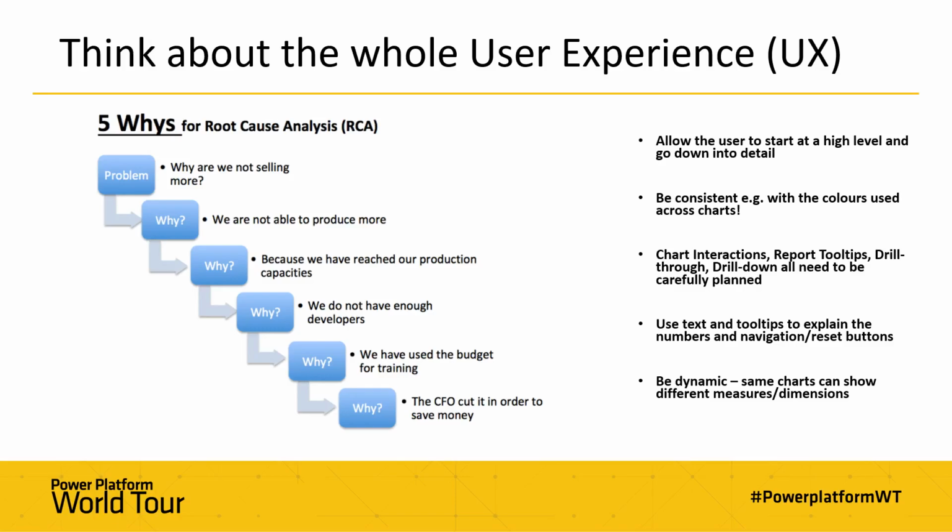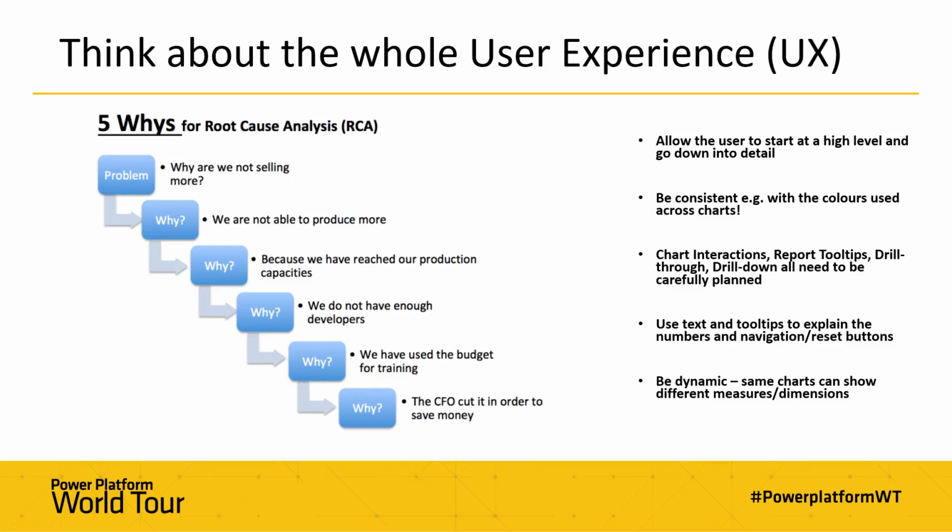So the 5 whys is a root cause analysis technique that's used in Lean and Six Sigma for identifying the root cause of problems. It's also used by kids across the world when they keep asking why. Every time you answer them, and even when you provide an answer, they'll ask why and why until they get down to a level of detail that they want, or until they get bored. So the idea is that you start with a high level problem statement, and you keep asking why until you identify what the cause of that is.